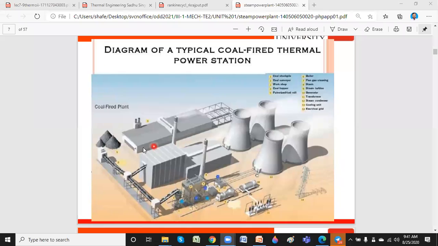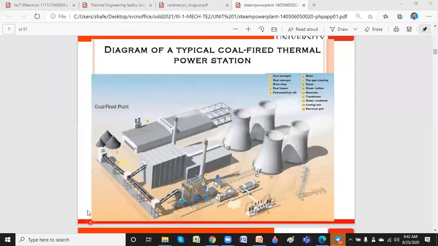I think if you go towards Chennai, near Ennur, you have a thermal power plant. Okay, and you can see these types of structures. Where I'm showing some highlighting here, you can see some smoke coming out. Some four parts here are nothing but maybe two chimneys and two cooling towers. Okay, so we'll just see what the different parts are. Already I have explained in the schematic. Now this is the exact diagram.